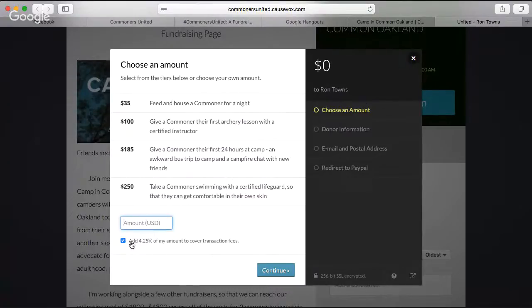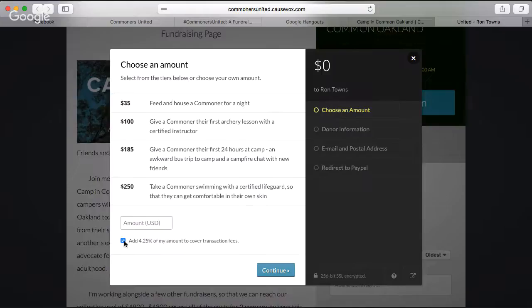What this is, it says add 4.25% of my amount to cover transaction fees. What that means is, CauseVox, this platform, charges every time a donation is received through CauseVox, they take 4.25% of that donation to cover their business fees.